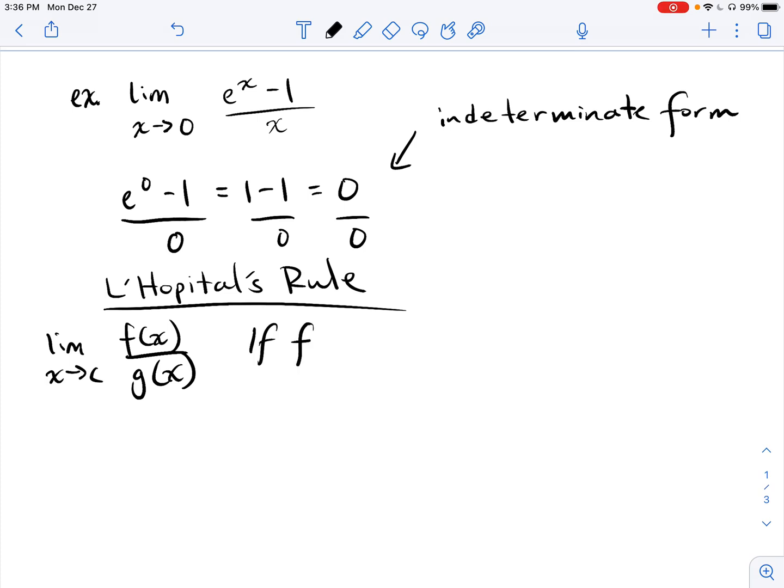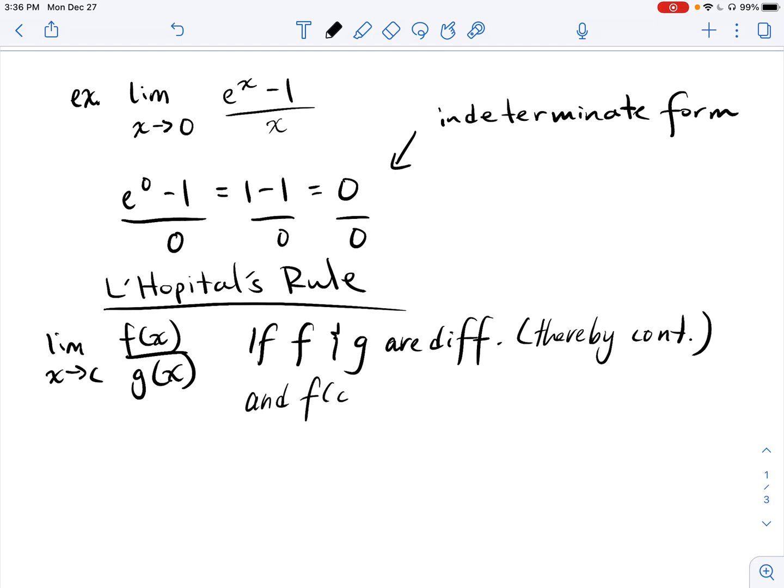If f and g are differentiable, which means by definition that they are also continuous, and f of c and g of c are both either equal to 0 or positive or negative infinity,